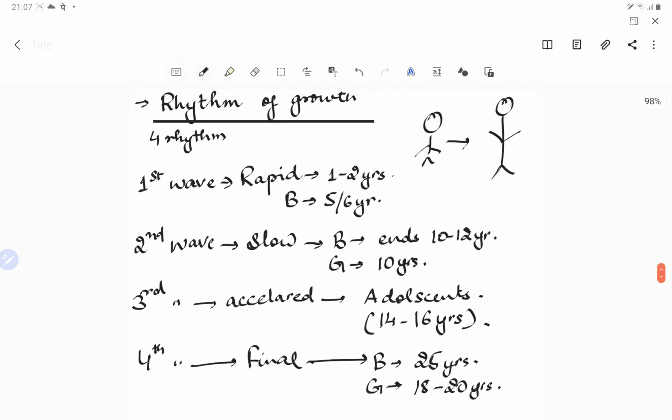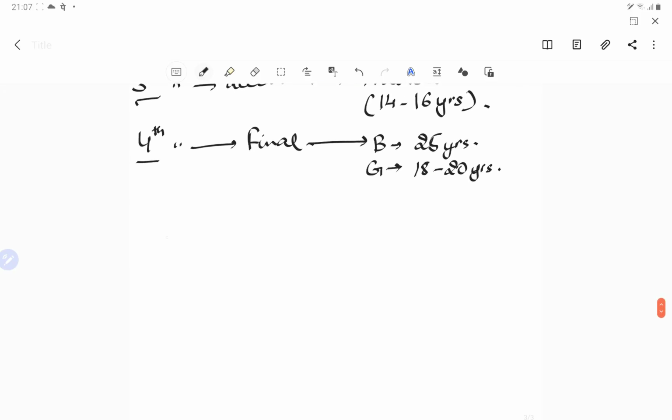So these are the 4 rhythms of growth. First wave, which is the rapid, second wave, which is the slow, third wave which is the accelerated, and the fourth one is the final. And how can we remember it? We can remember it